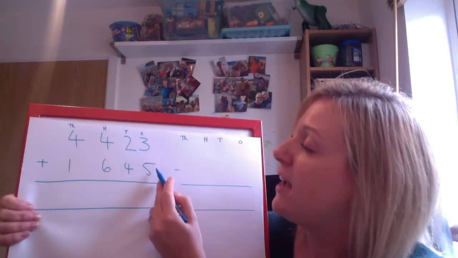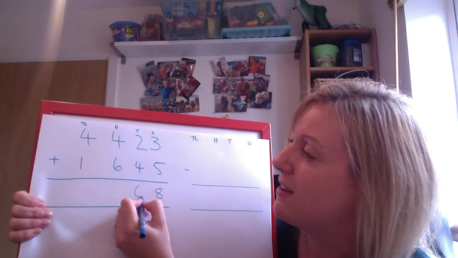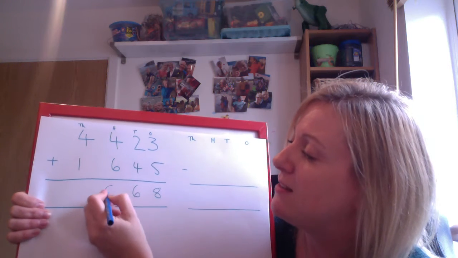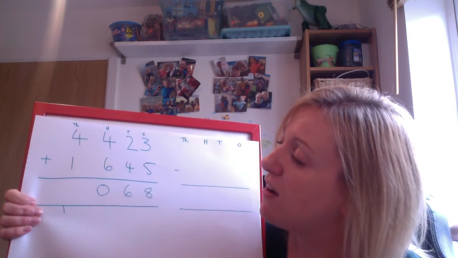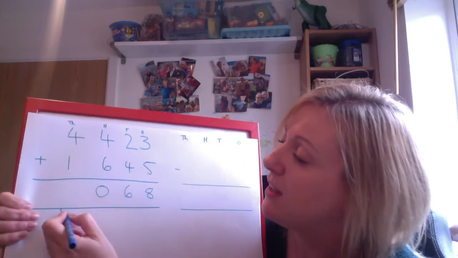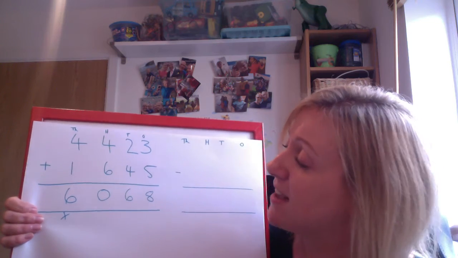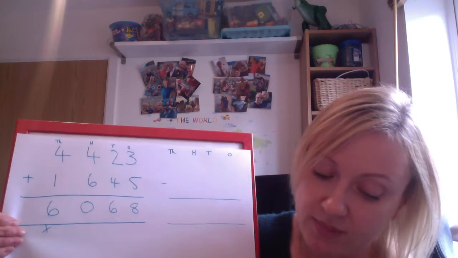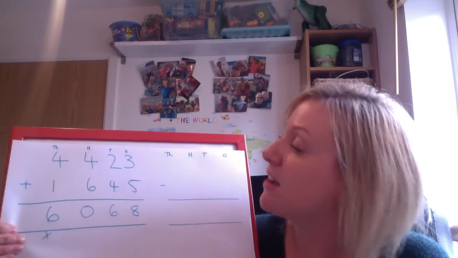1,645. 3 add 5 gives me 8. 2 add 4 gives me 6. 4 add 6 gives me 10. Put in my 0 and carry my 1. 4 add 1 gives me 5. Add the 1 at the bottom gives me 6. So I've now got the answer 6,068. So for me to work out whether I've got this correct, I'm now going to have to get my